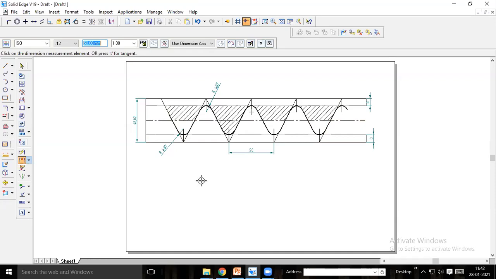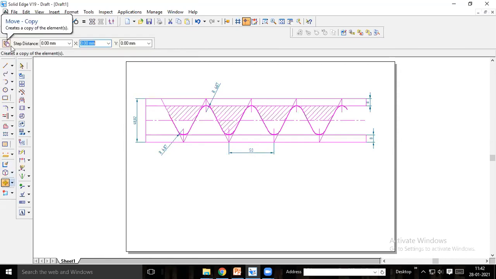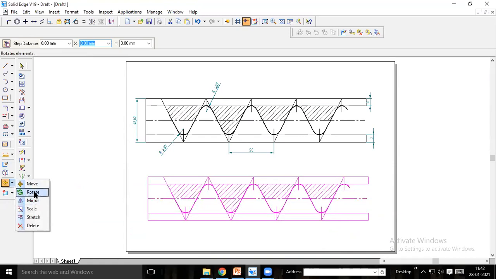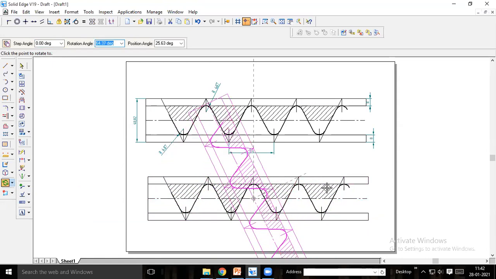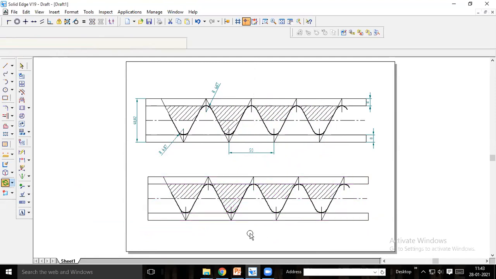Yes, sir. See, in the software, if profiles are the same, you can copy this in order to do the external thread. Whereas in manual drawing, you have to do it on your own. In software, move this by switching on the copy mode. From any of these midpoints, you move this here like this. Then go to rotate. From this center, take this vertical line as a reference. Just rotate like this 180 degrees.